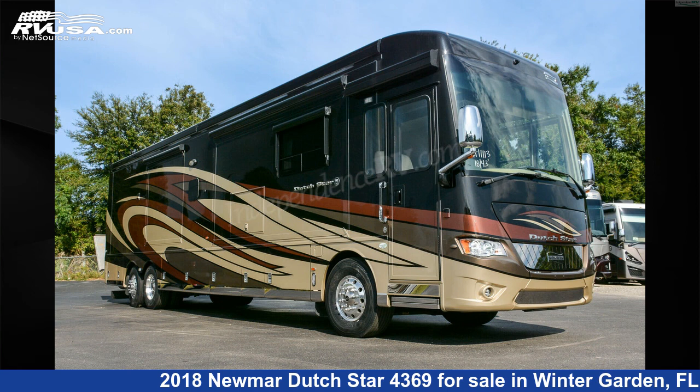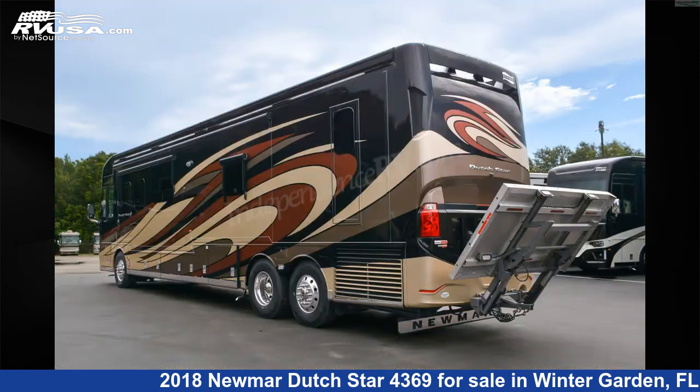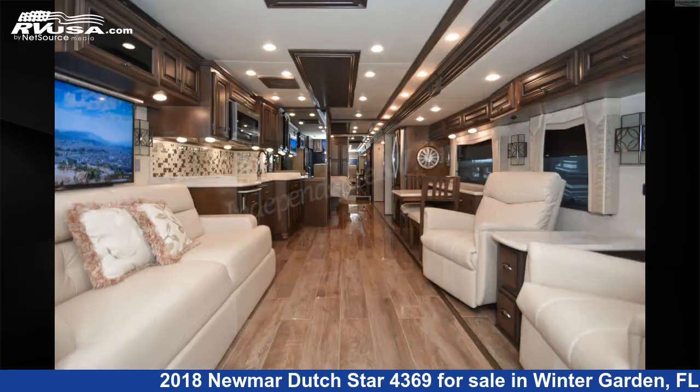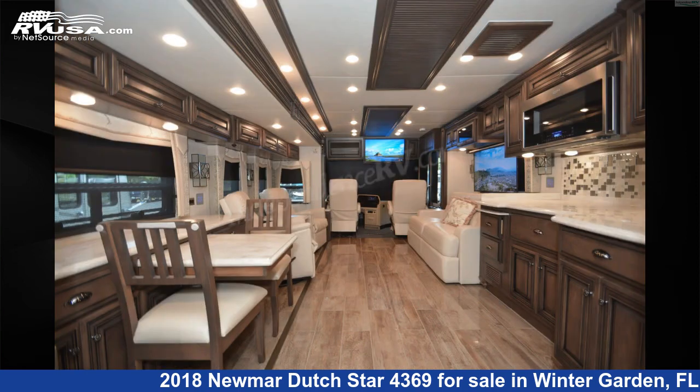This 2018 Newmar Dutch Star 4369 is a diesel pusher RV. It is located in Winter Garden, Florida, 34787 and is offered for sale by Independence RV Sales. This used Newmar is 43 feet 9 inches in length and features 3 slideouts, a Seapearl, Bermuda Glazed Maple Cabinetry-MF